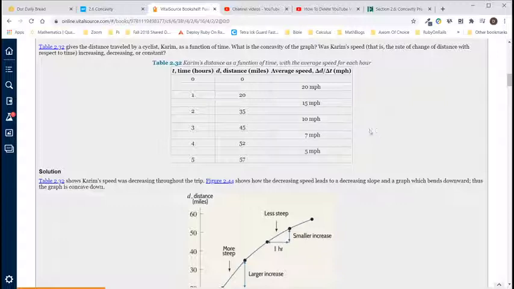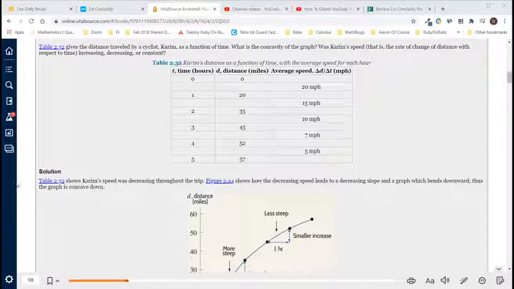Now, just a reminder, to see if this column was decreasing, I needed to add an extra column of average rates of change to see if these numbers were negative or positive. But now in 2.6, they're asking us to look at this last column and ask if it's increasing or decreasing. And we know from chapter 1 that if we want to see if a column is increasing or decreasing, we need to add another column and find more rates of change. So that's actually what I did